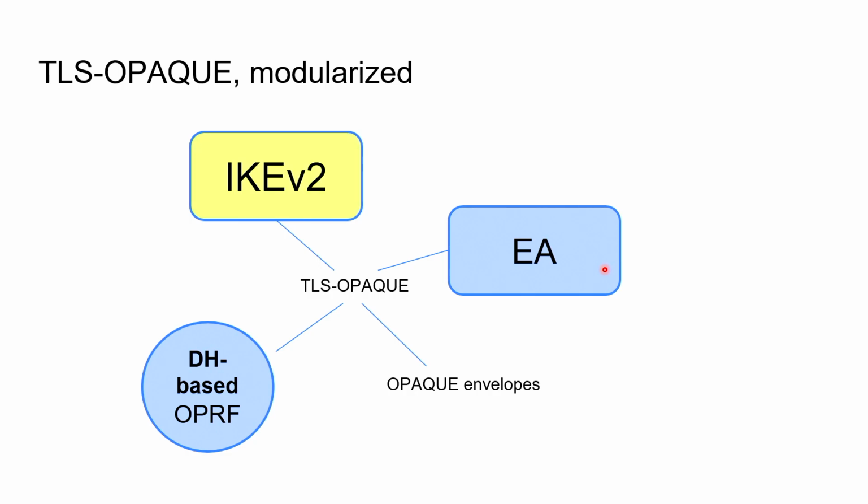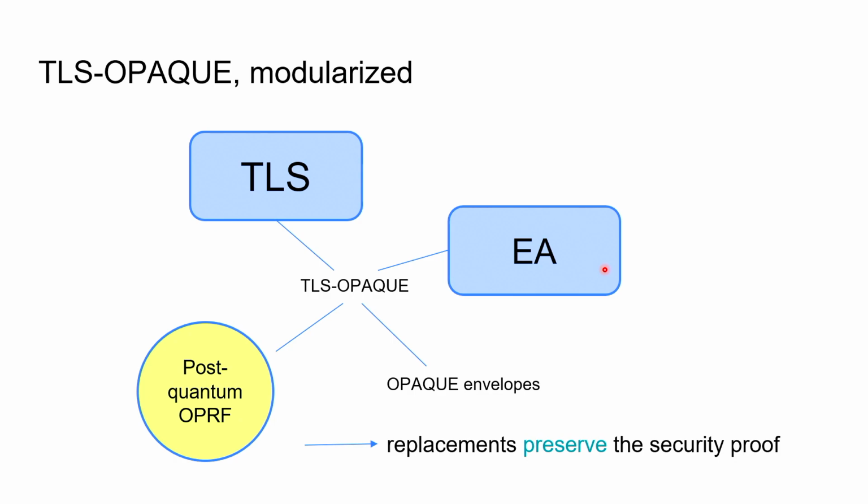But at some point, maybe you want to run this on another channel, or you finally manage to find an efficient post-quantum OPRF. Unfortunately, there's none in the program. And these modular building blocks that we defined give you the properties that these future building blocks need to fulfill, such that if you replace them in the protocol, the overall security proof is preserved. And this is something we really need to worry about these days, that not only our protocols are post-quantum. We have many things that are not post-quantum yet, and we are writing proofs for them that should adapt to the setting when we find alternatives for these building blocks.